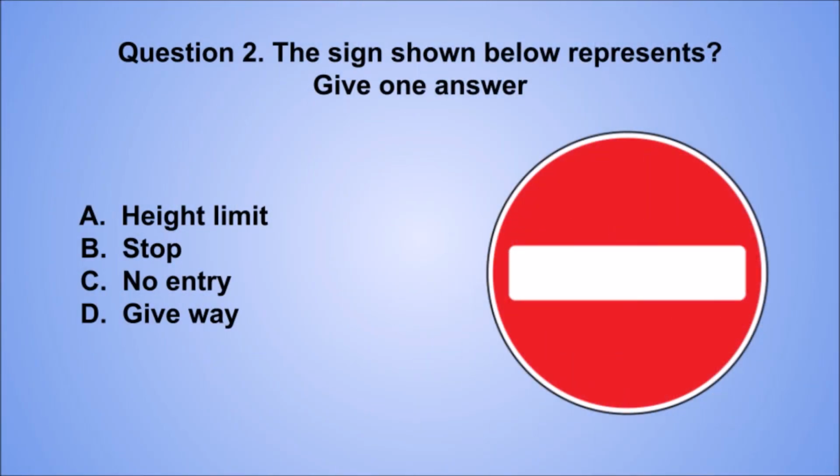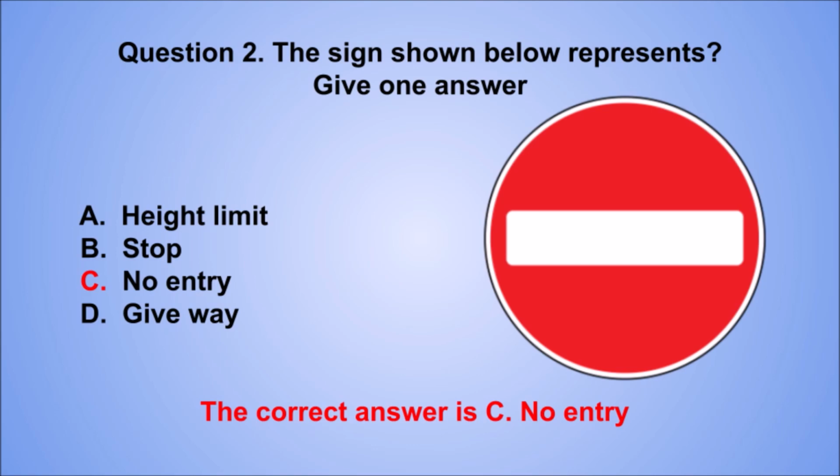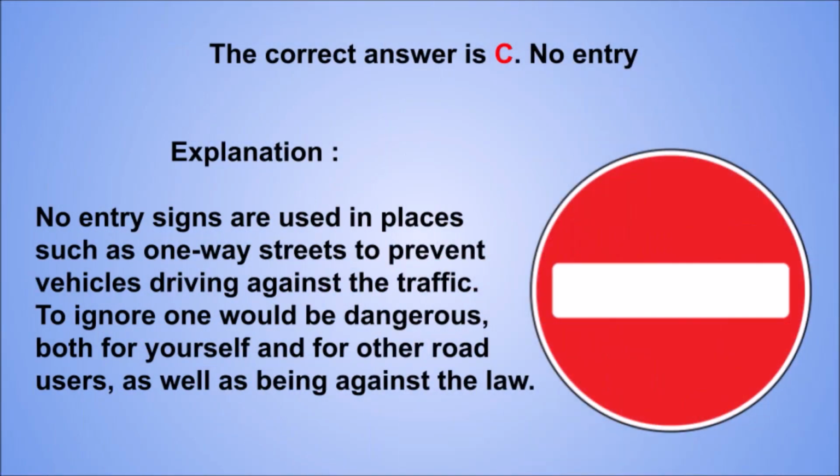Question 2. The sign shown below represents, give one answer. A. Height limit. B. Stop. C. No entry. D. Give way. The correct answer is C, no entry. Explanation. No entry signs are used in places such as one-way streets to prevent vehicles driving against the traffic. To ignore one would be dangerous, both for yourself and for other road users, as well as being against the